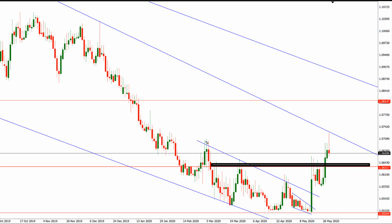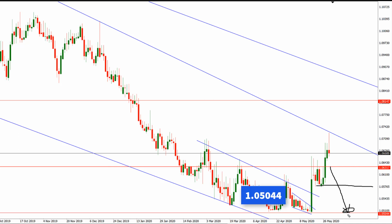Failure for the bulls to defend this key level structure right here, then I wouldn't be surprised if the price of the euro against the Swiss drastically depreciates in value to the next key level swing low, which acts at the 1.05765. And then if the bears successfully make a rotation down whereby the bulls fail to defend this zone, then I wouldn't be surprised if the price of the euro drastically depreciates again in value to the next key level support, which acts at the